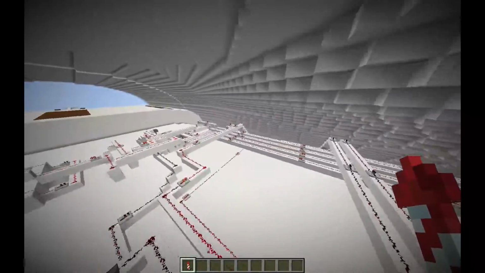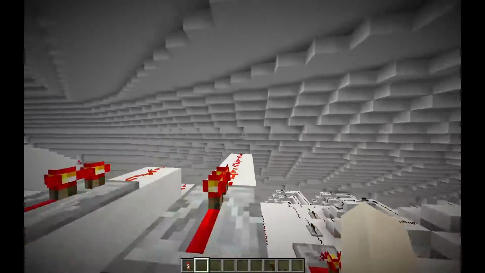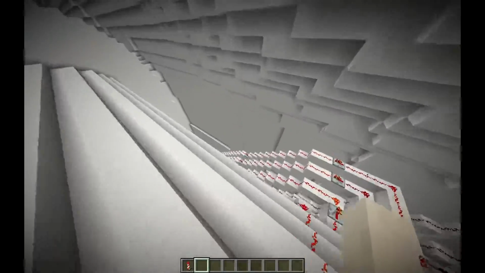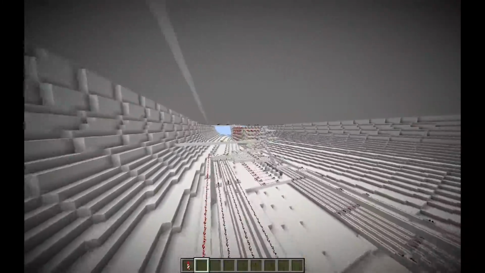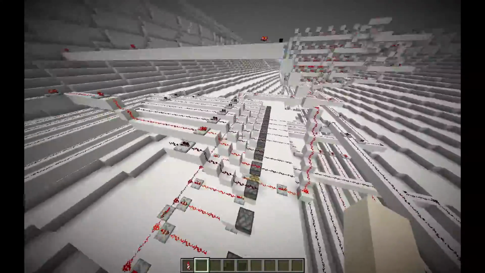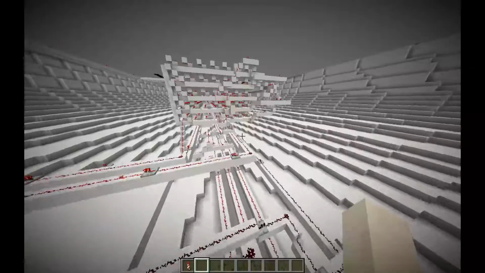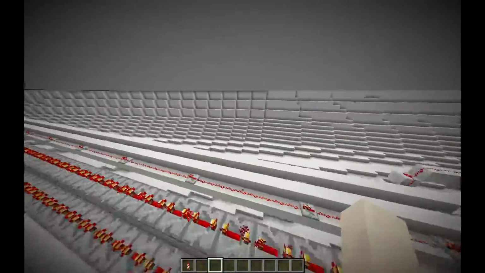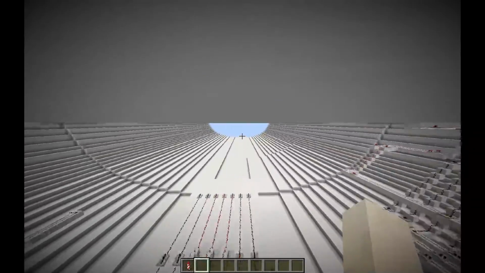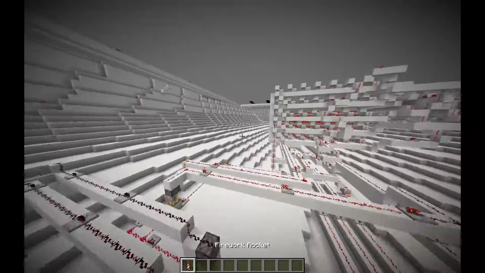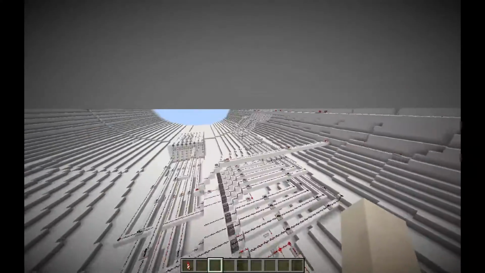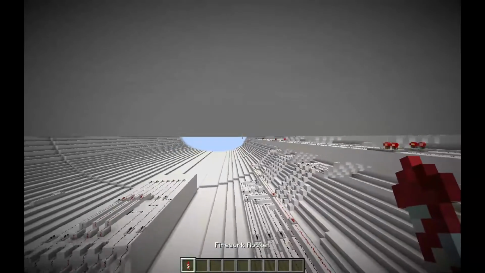Anyway, so you can see a lot of redstone here. And if you've watched my redstone computer series, which I will link somewhere, then you'll know that this is a battery over here, and this is a fuse set here. So it's like a redstone computer, but built into a plane. Like this would go back to where the wings would be for some lights or engines, but I just never did it. But the battery works, and some other things work. Anyway, so I'm going to cut to the time-lapse now.